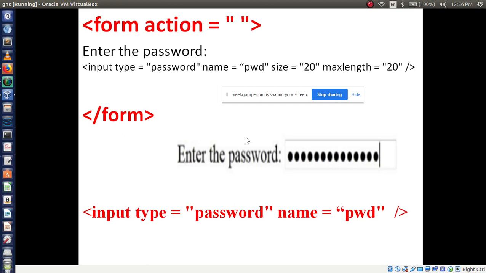Okay, Soumya has written correctly. In the next class, I will show what exactly we have to write in form action tag. Now you are writing simply double quotes, right? So instead of writing this double quotes, what should I write? Exact meaning I will tell you in the next class. But first you have to understand the basic coding part. Others, please send me first.